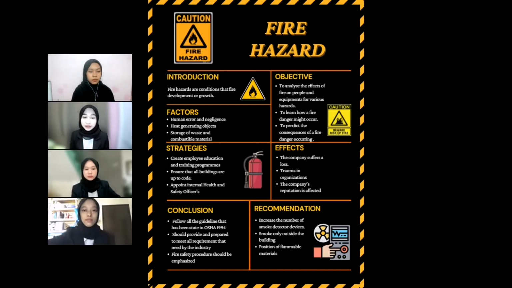All right, thank you, Erin. The second point of strategies is to ensure that all buildings are up to code. Take into account all aspects of construction, such as roof type, main structure, and exterior and interior finishing materials. The building should be designed to suit its use, taking into account the occupancy and activity that take place in it. Buildings should be either fireproof or non-flammable.